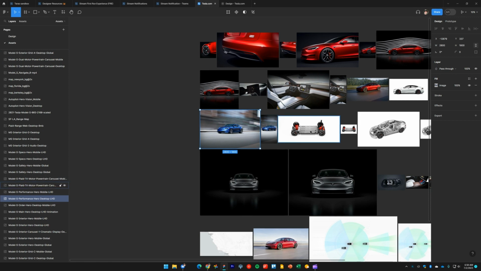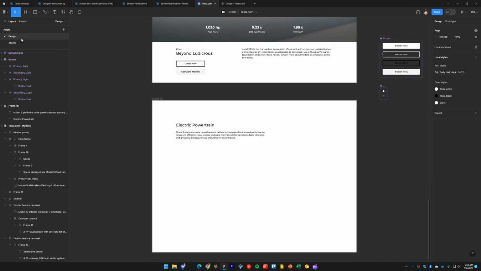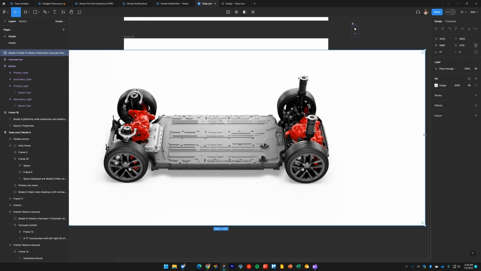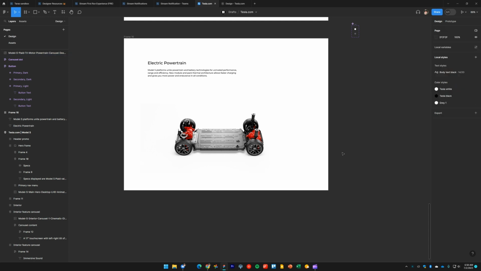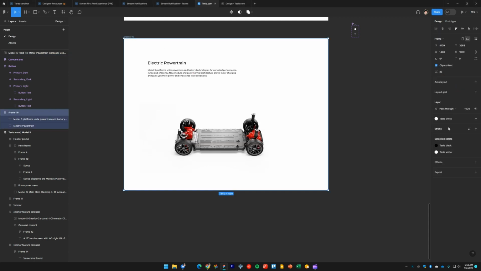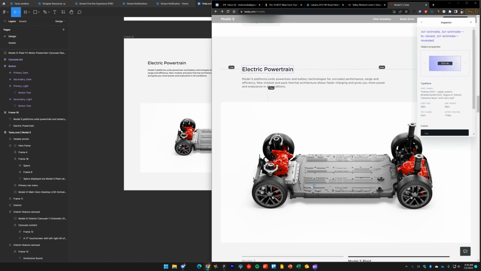Let's grab that right here. A little bit large. Oh, this entire section will use this gray color. Okay, so the powertrain image,